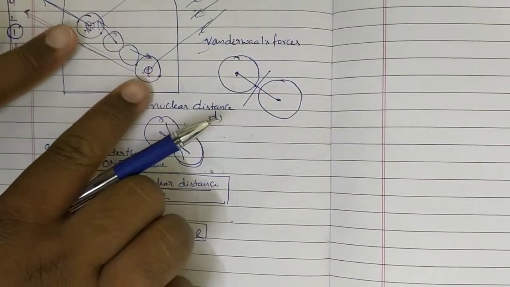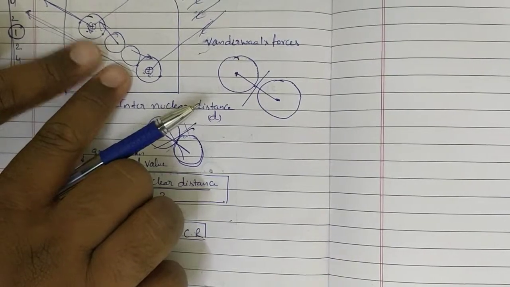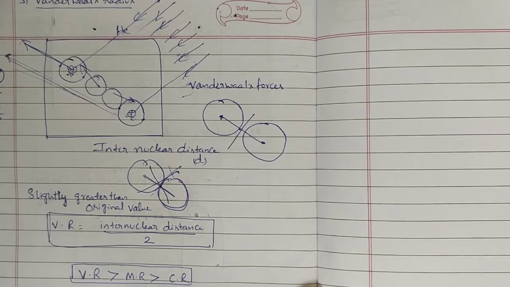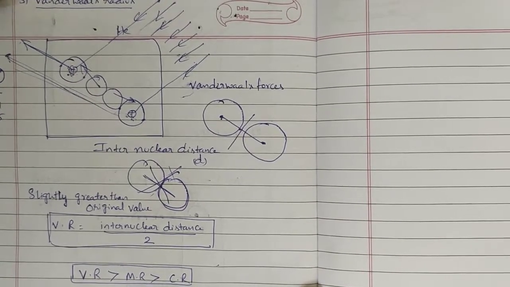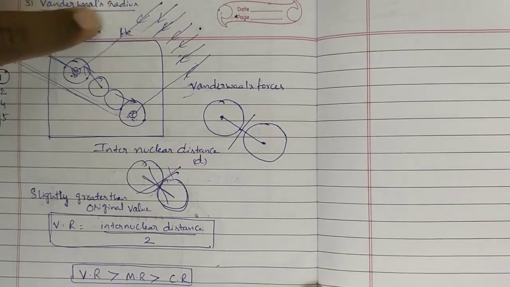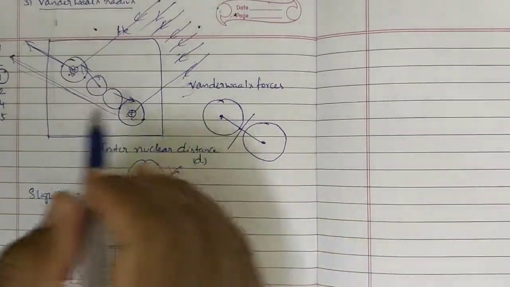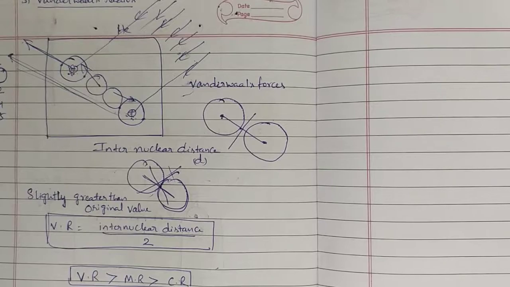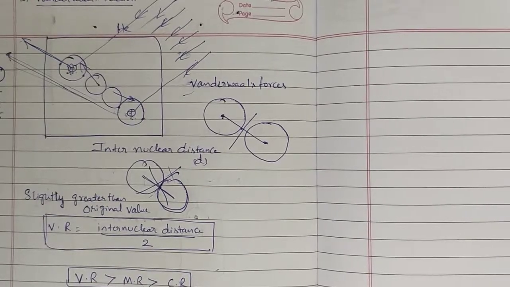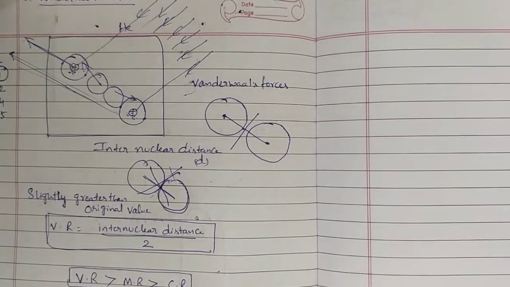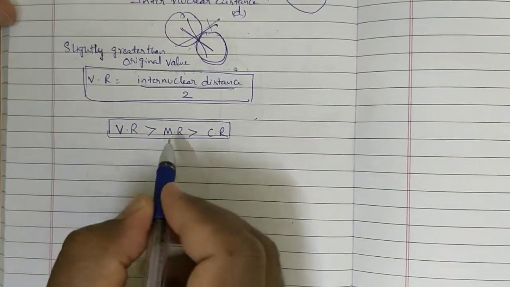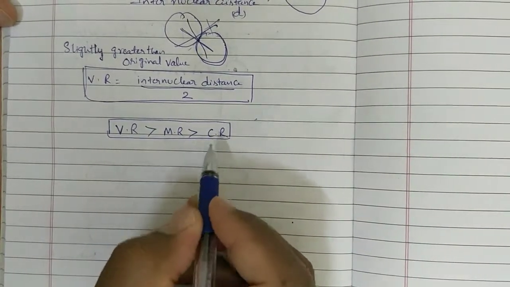As the gas molecules are present with van der Waals forces, van der Waals is the name of the scientist, and we find the internuclear distance depending on those van der Waals forces only, that is called van der Waals radius. This is most useful for finding the atomic radius in inert gases. So all types of elements are covered: metal atoms, non-metal atoms, and inert gases also. These are the three types of atomic radii. And the relation between them is van der Waals radius is greater than metallic radius is greater than covalent radius.